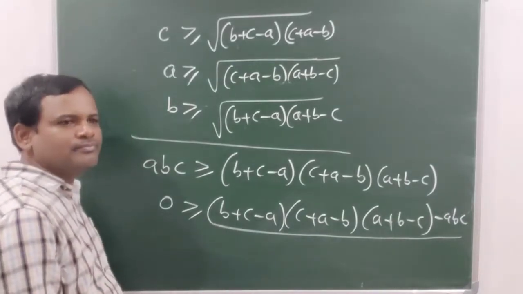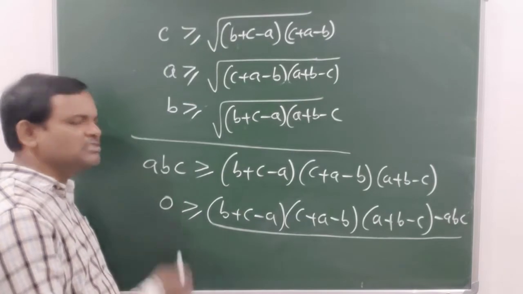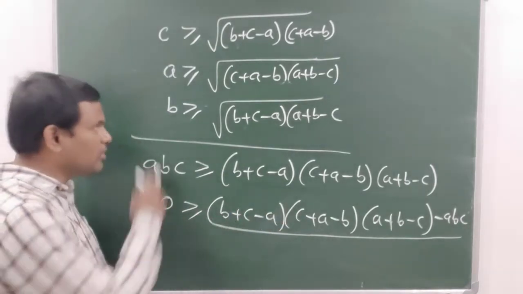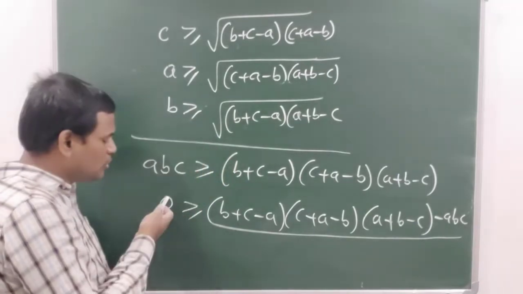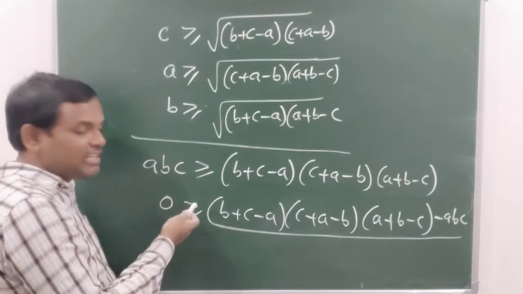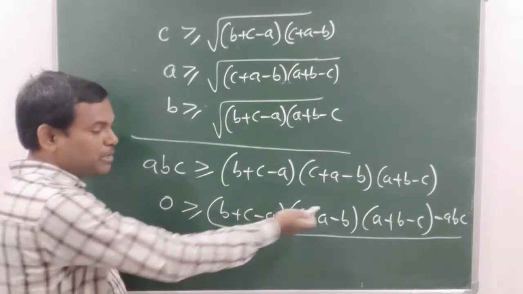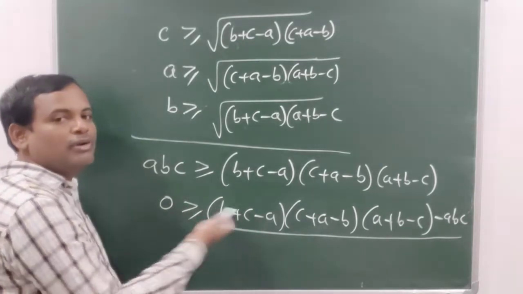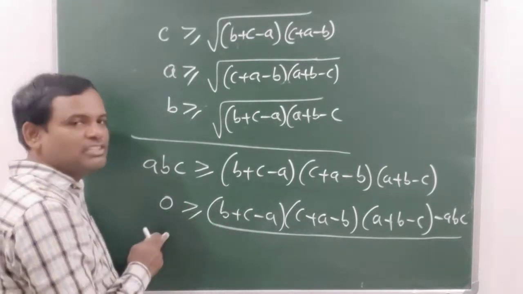Negative. Okay? Because we don't get 0 here. Actually, according to this concept, we have got the greater than or equal to symbol. Greater than or equal to symbol means it may be either 0 or negative, but here we don't get 0, because when do we get 0?